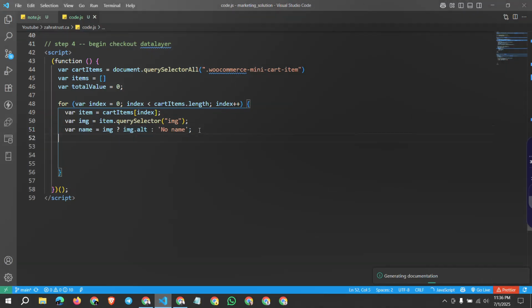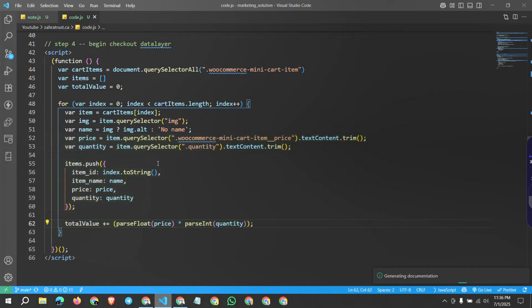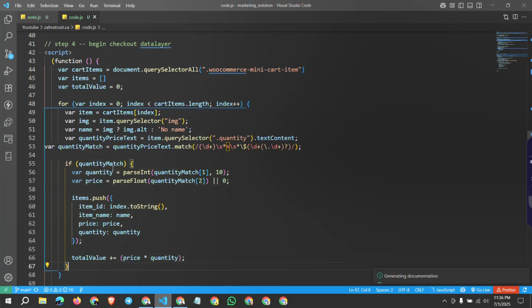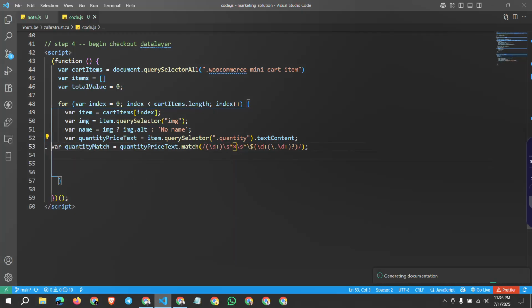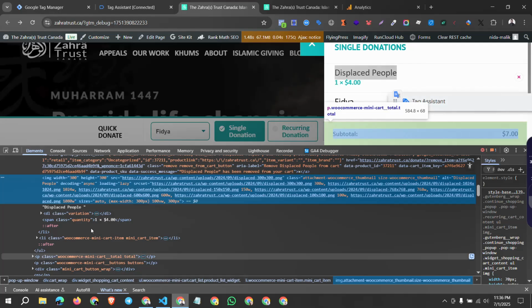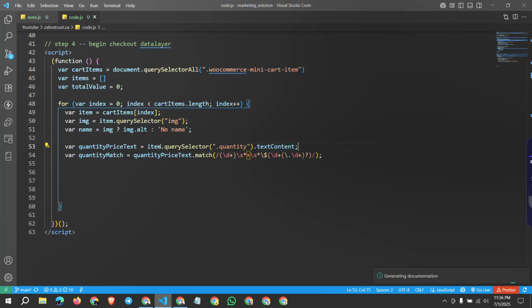Then I will copy some code from here. This code, I don't need to write this one manually. So here I paste. Okay. So here what we done, we check the quantity. This is the quantity and the text content. If I use this one, we will get this one,